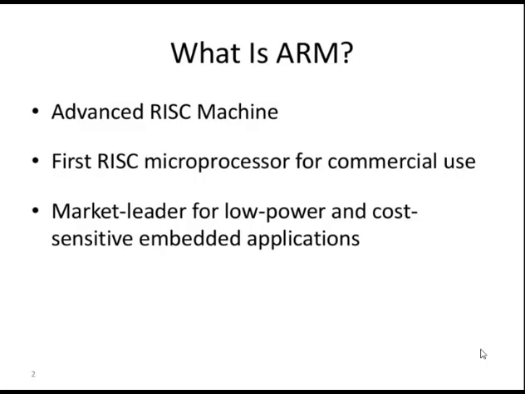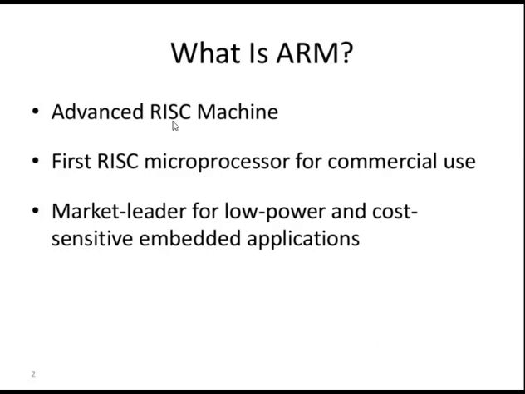Hello everyone. Today in this session we will study the 32-bit RISC processor. Okay, the 32-bit RISC processor, that is ARM. In common language we simply pronounce it ARM. ARM is Advanced RISC Machine. So we should know the full form of RISC. RISC is Reduced Instruction Set Computer.